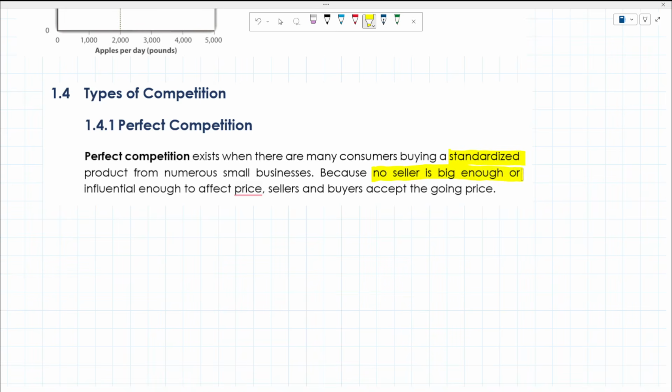This would mean or influential enough. That would mean that all sellers here have a common standing. No one is rich enough to, let's say, control the supply of the whole market. Parang sila ay pantay-pantay. So, pag nagtaas nga ng presyo yung isa, hindi mabibili yung kanya. Pupunta sila sa ibang seller. And that will be detrimental, of course, to the person who raises his price.